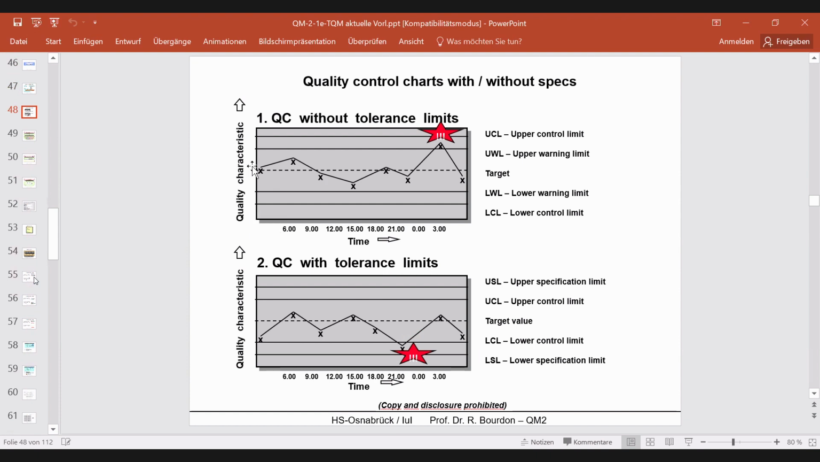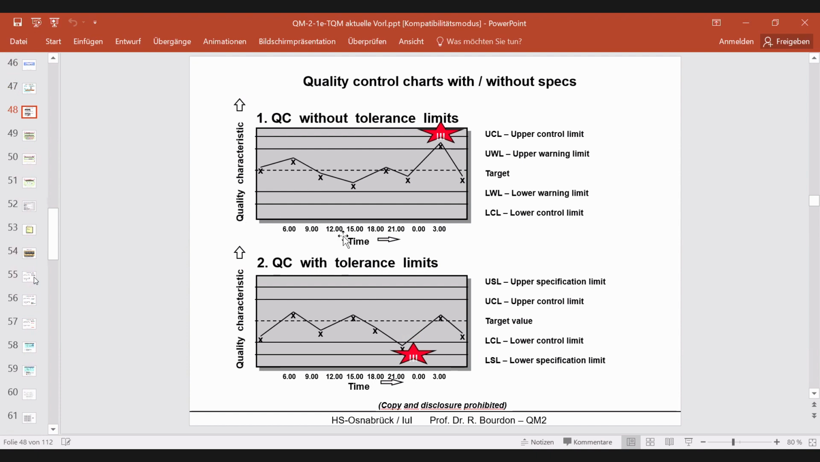And if you have a quality characteristic, you can generate a control chart. And this is an example here for a control chart. 6 o'clock you take out 3 parts out of the production. This is the mean value. Here at 9 o'clock, also 3 parts out of the production, measuring. This is the mean value, only related to this quality characteristic here. The quality chart is only for one quality